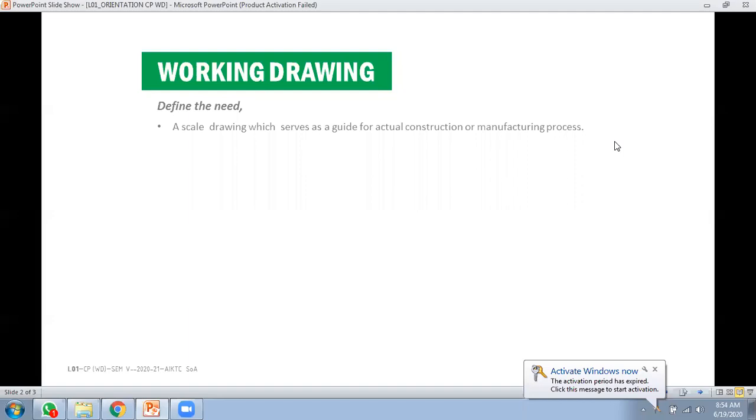It used to be an ammonia print method, but because of the environment, and now that we have the plotter and paper has become cheaper and economical for us, we can print as many drawings as we want on paper directly. So we are no more looking at ammonia prints. Okay, so it's a scale drawing, a comprehensive set of drawings used in construction.